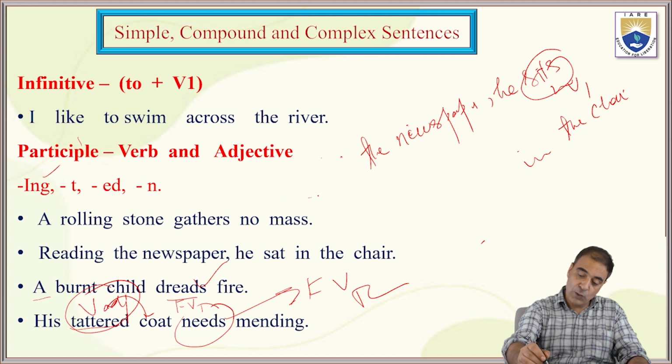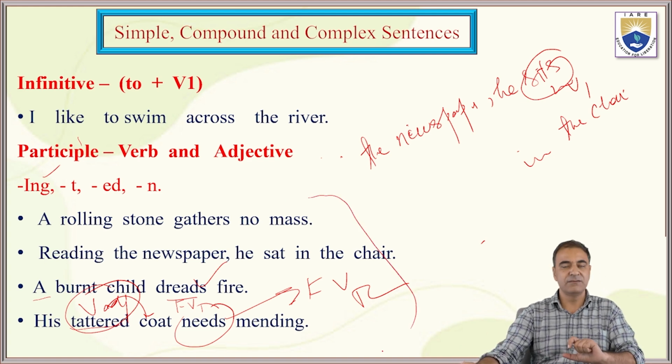Now look at all these sentences. All of these sentences are simple sentences because they carry only one finite verb. Yes, of course, we have other verbs here, like rolling in the first sentence, reading in the second sentence, burnt in the third sentence, tattered in the fourth sentence. But all these verbs